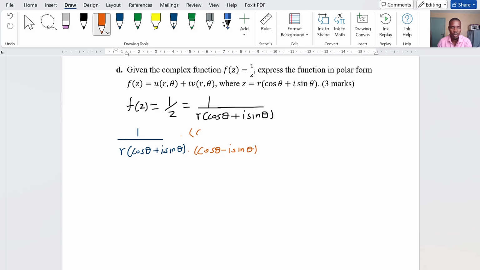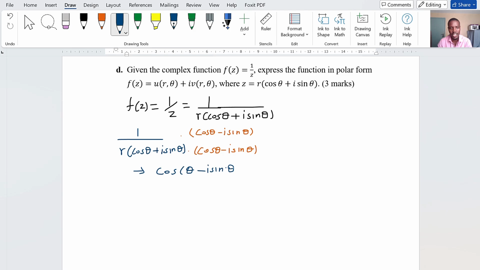You do on top as well, cos theta minus i sine theta. We call that complex conjugate. When you do that work, you are going to get 1 times everything, which gives you cos theta, not plus but minus, cos theta conjugate,